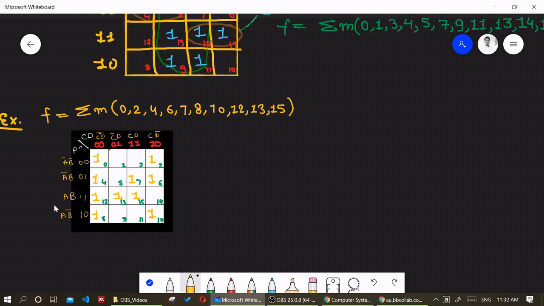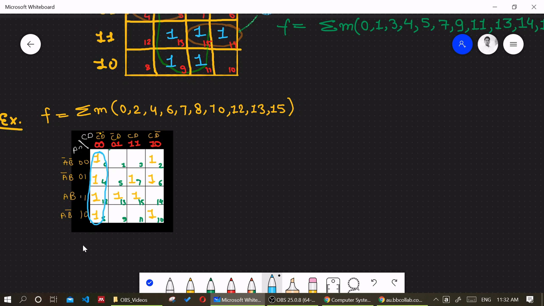So this is the mapping of the K-map corresponding to this particular function. Now let's see how the grouping can be done. Most of the groupings in this particular example will be based on map rolling. First we can simply see that there is one quad present in this particular column, 0, 4, 12 and 8. So we simply group them as one quad.